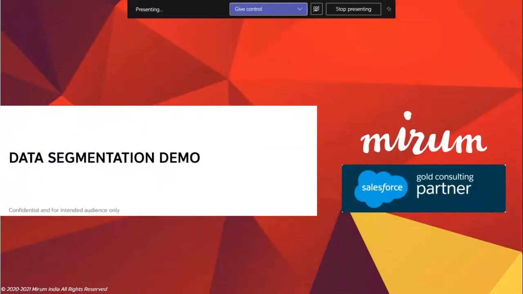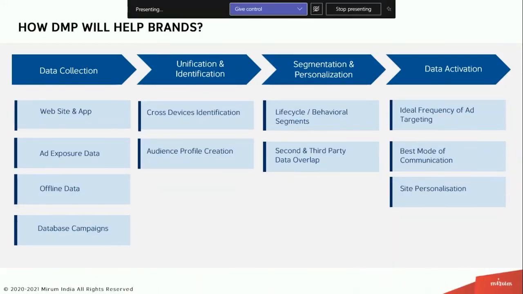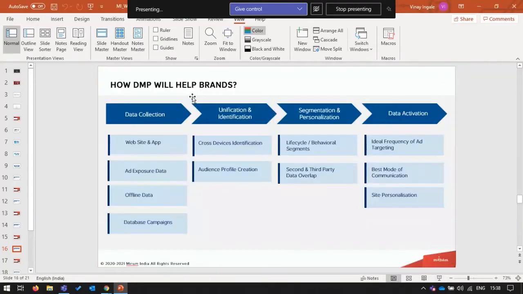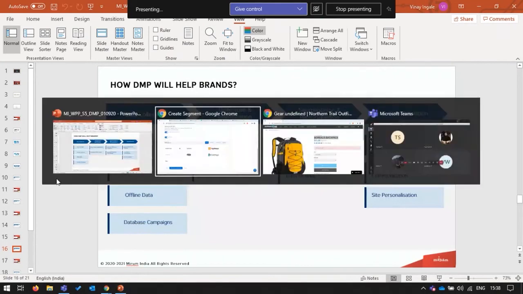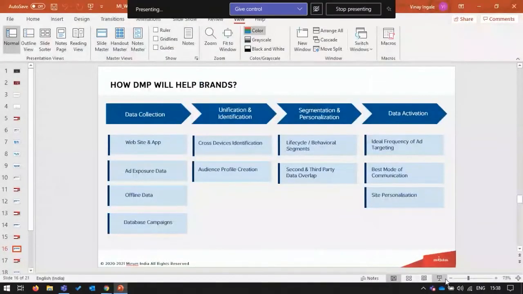So coming back to the slides, I'm looking at the data activation part, which is the fourth step. And while activating that particular data, that's the real value of DMP in terms of delivering the ultimate ROI engine, right? It's something that we'll be looking at, how it can do that. So before we activate that data, let's look at how a particular campaign, assuming that we have run that particular campaign.